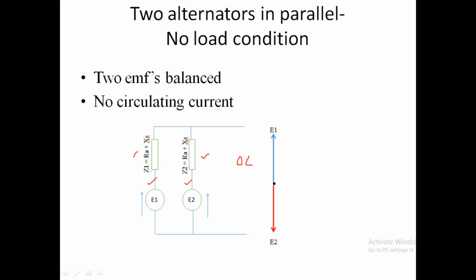So in this system there is no current flowing to the load since it is open circuit. In the first machine an EMF E1 is induced and in the second machine an EMF E2 is induced. These two EMFs are balanced with each other, and no circulating current flows because both EMFs are equal. They are 180 degrees out of phase, and there is no circulating current between these two systems since the two voltages are equal and opposite to each other.